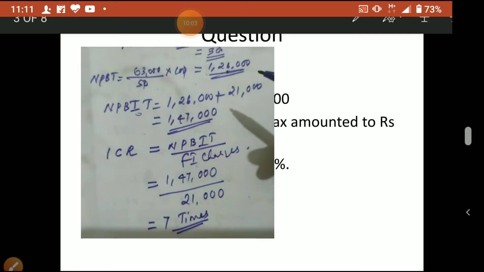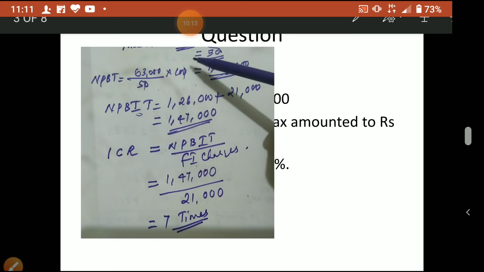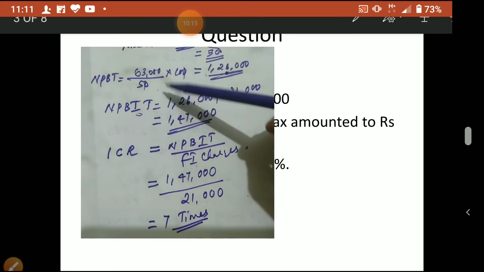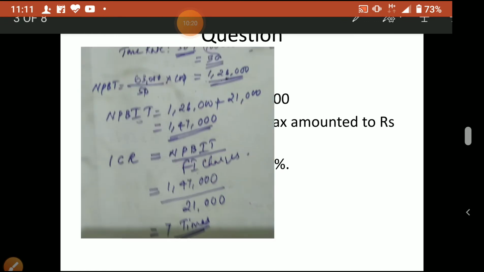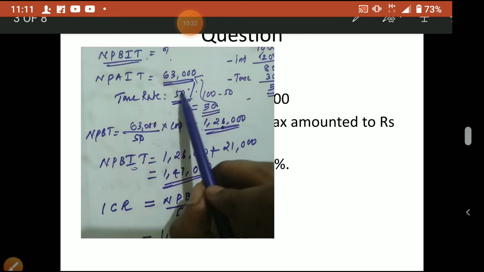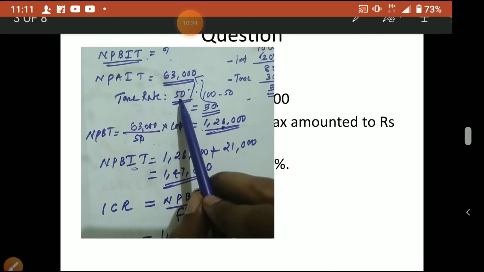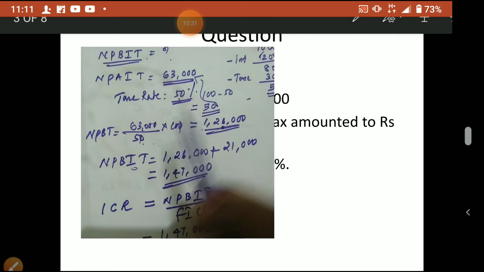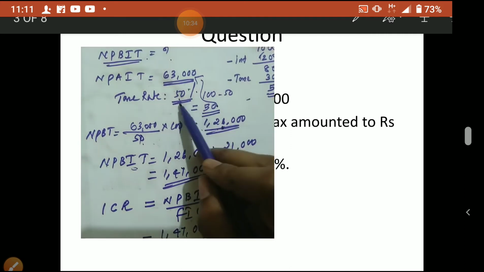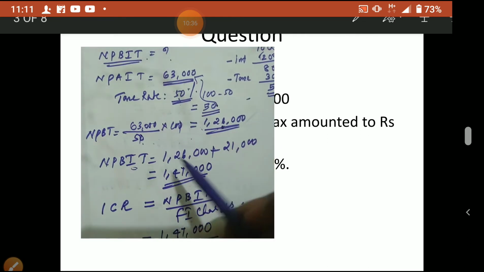So when it is given after interest and tax, we have to go to before interest and tax. So how to go back? First you add tax back. Usually only the percentage is given in the question. Suppose the percentage is 40. Instead of 50, if the tax rate is 40, how much will come? The remaining amount will represent 60. That means 100 minus 40, remaining is 60. That remaining amount only you have to take.